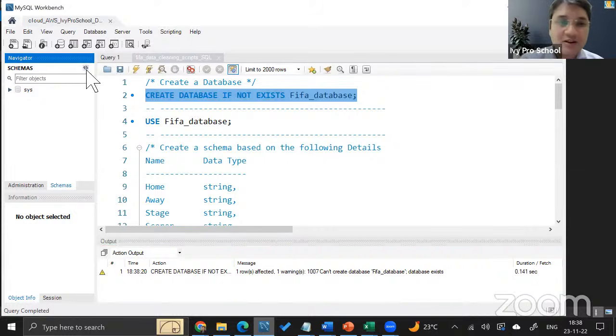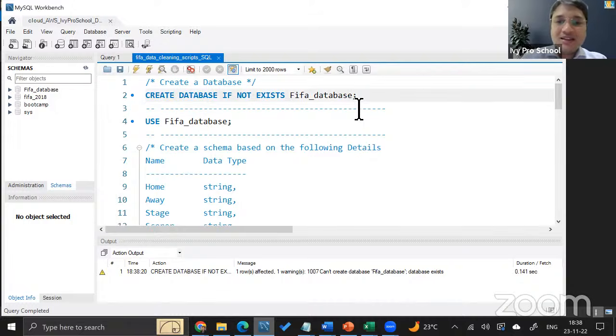Some of you might have already started creating it, as I can see, because remember, this is the cloud database server, right? So you guys have started to run this statement, I can see, and that's how these databases are getting created on my cloud database, which is fine. I would just say one thing, that if you're creating a database, then please write FIFA underscore database and write your name, so that other users do not get confused.